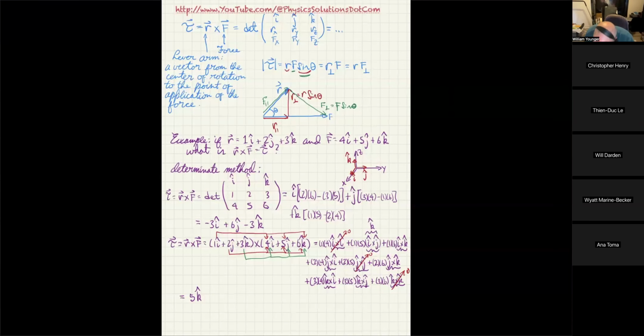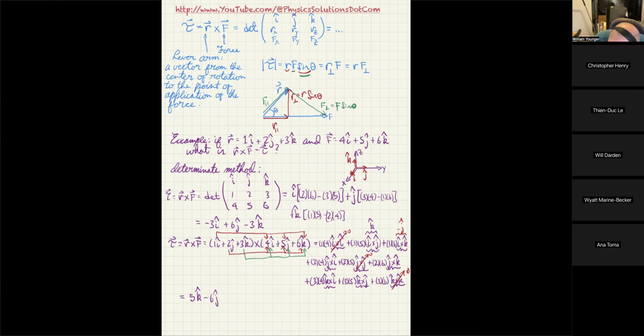If I do i hat cross k hat, that means the i hat points out of the page towards me and the k hat points up, and I see that my thumb is now pointing to the left. So I end up getting negative j hat for this one. So in that case, I get negative 1 times 6, which is negative 6. Oops, I should probably keep writing that in purple. So negative 6